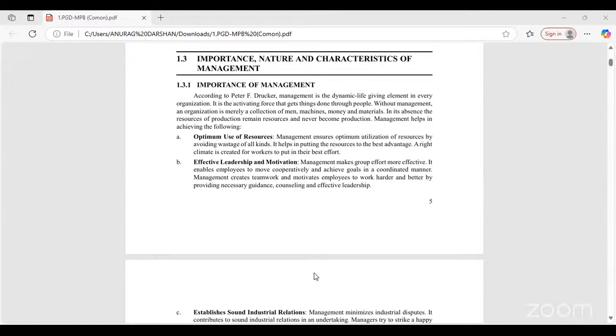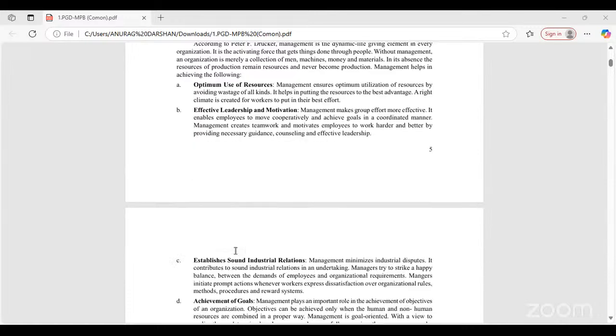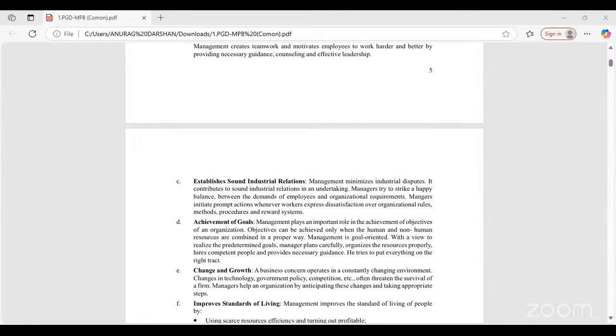So, the best way is optimum utilization of resources, using the resources wherever required, however much required, without wasting them, which will fetch you additional revenue. Effective leadership and motivation. Leadership is nothing but somebody who leads you in the right direction, tries to help you do your task, gives you the directions, gives you the